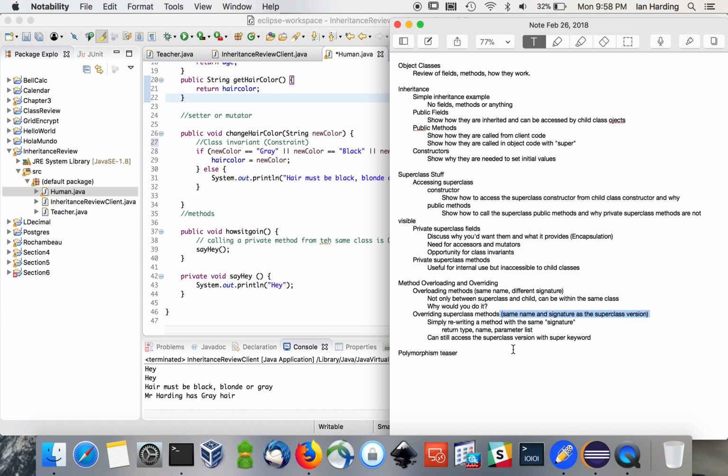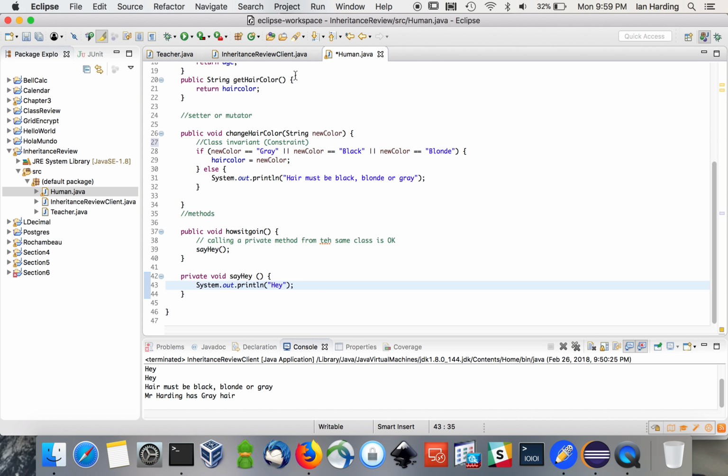I sort of led you to believe that you scribbled out the old one and created a new one. Well, you write over the old one, but you can still pick up the piece of paper you wrote yours on, look under it, and see the superclass version by using the super keyword. It's not scribbled out. It's just you put a post-it note over it and wrote a new one. You can pick up the post-it note and see what's under it. So let's do some of that. Let's do a little bit of overloading first, and then we'll talk about